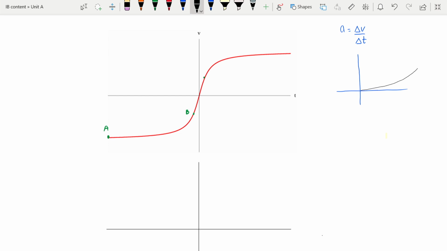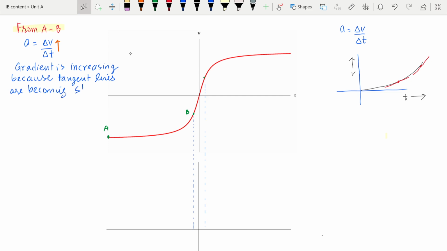If the curve is becoming more steep, it means that if you draw the tangent line at this point and you draw the tangent line at this point, you can clearly see where the tangent line is more steep, which means that from A to B the gradient of this graph is increasing, and that is positive, an important thing, because if you find the slope or the gradient of this line, that will give us a positive value of acceleration